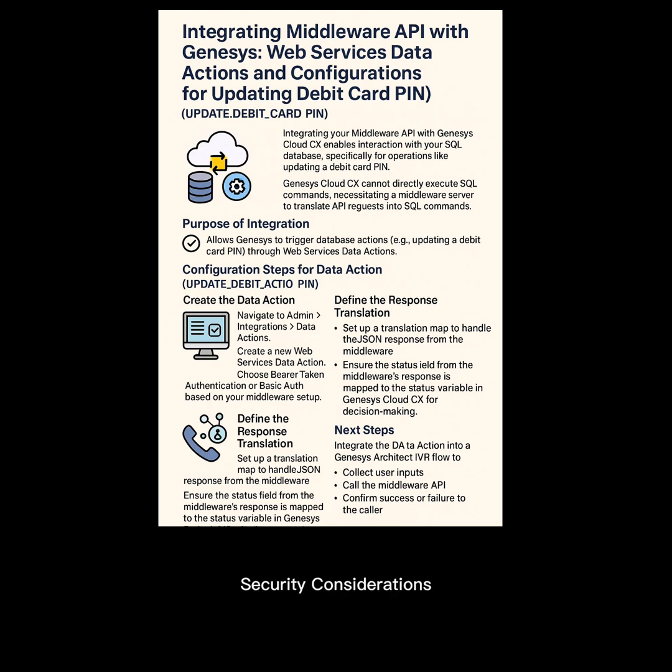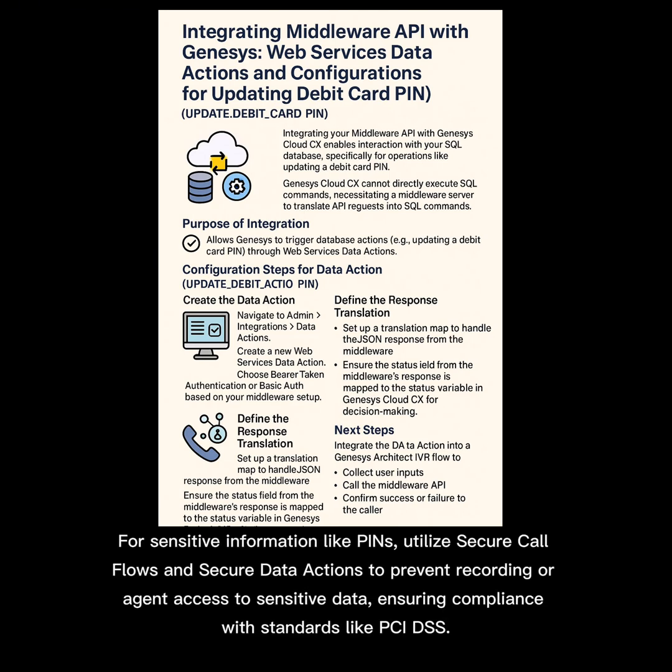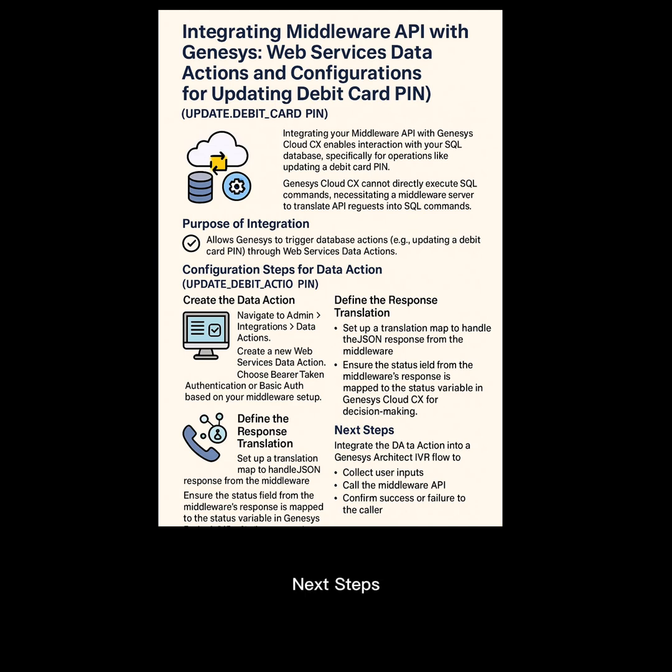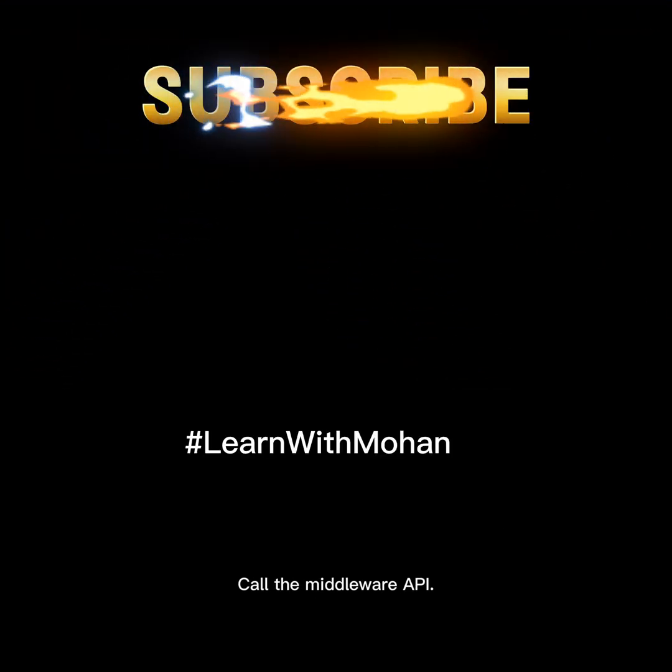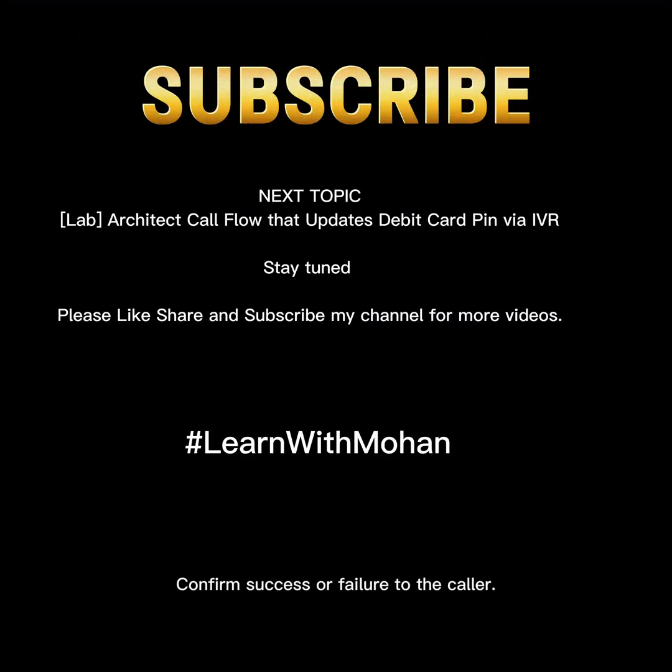Security considerations: for sensitive information like PINs, utilize secure call flows and secure data actions to prevent recording or agent access to sensitive data, ensuring compliance with standards like PCI DSS. Next steps: integrate the data action into a Genesys Architect IVR flow to collect user inputs, call the middleware API, confirm success or failure to the caller,